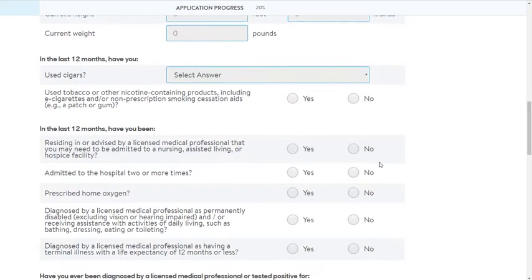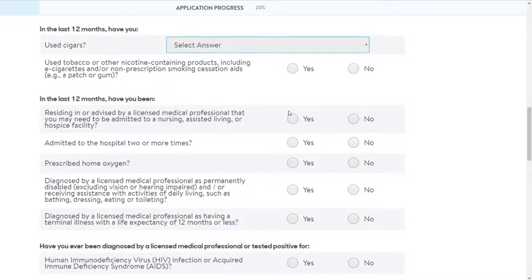But let's get into the health questions, because this is where the crux of the issue is. By the way, you see these little red things? That just means I haven't signed the health authorization form above, so it won't allow me to answer because I haven't agreed to share my information with them. So if you click yes up there, that would go away. So this is normal. Okay, so if you read here,